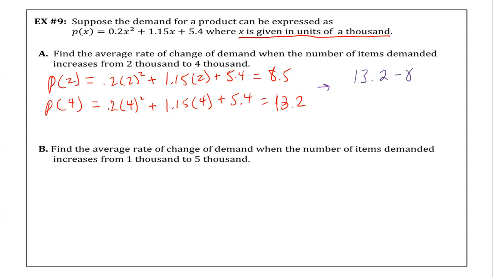Wait, why don't you do 8.5, 2, and 4? There we go. And then 4 minus 2. If I have $13.20 and I spend $8.50, I'm left with $4.70. So 4 and 7/10 divided by,